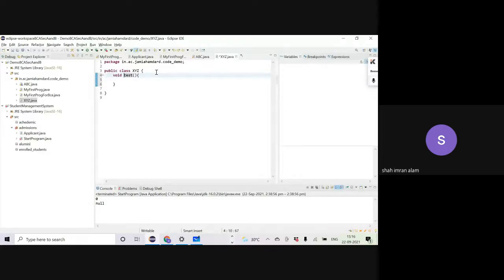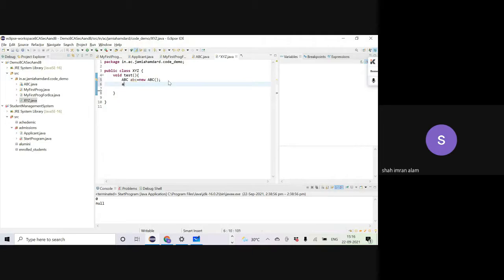However, I asked this just to test whether you are understanding or not. Conceptually, what I'm trying to explain will not be impacted by this question. Now I want to create the object of ABC. The object is ABC is equal to new ABC. This is the way we create an object. Correct?